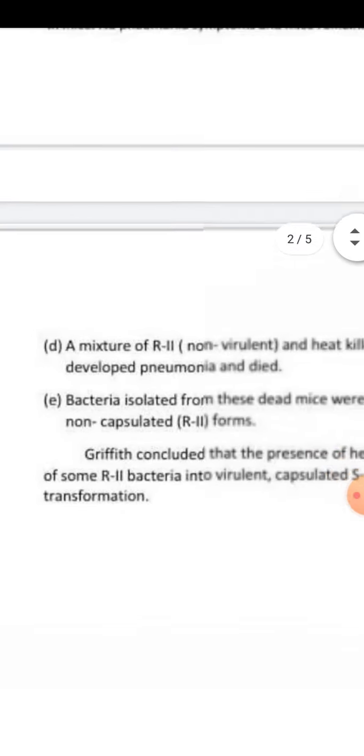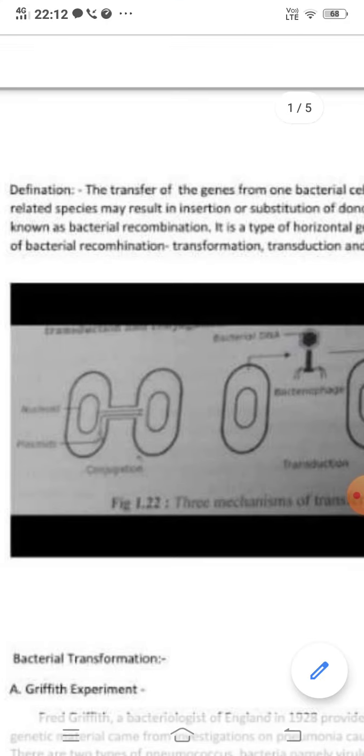So we will see figure 1, in which you can see how bacterial transformation takes place. Here you will see in this figure the naked DNA being transferred from one bacterial cell, because transformation means what? It is the gene transfer taking place from one bacterial cell to another bacterial cell. So the naked DNA was transferred from one bacterial cell into the other bacterial cell. That is the transformation process.